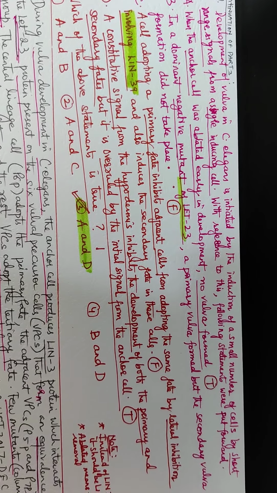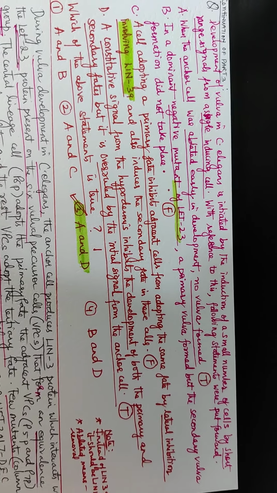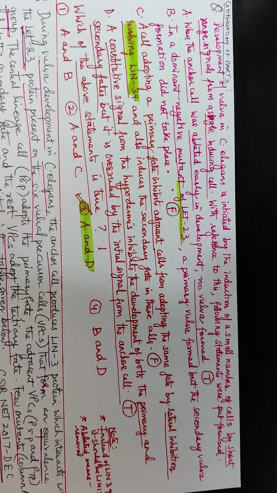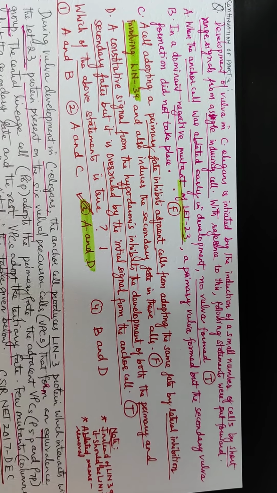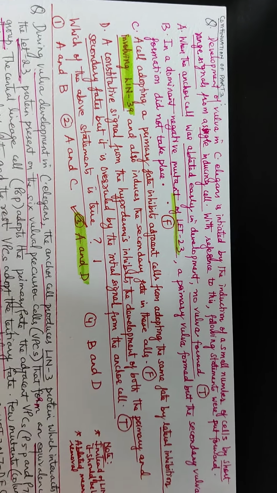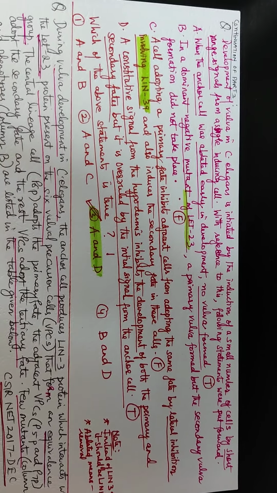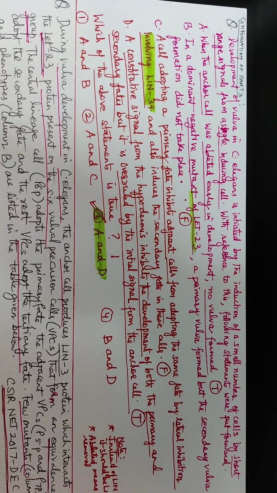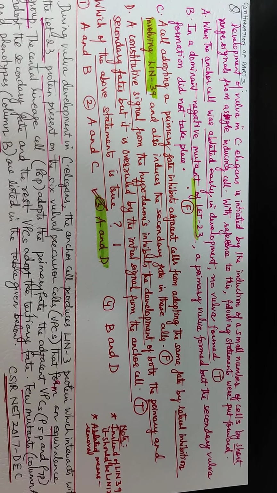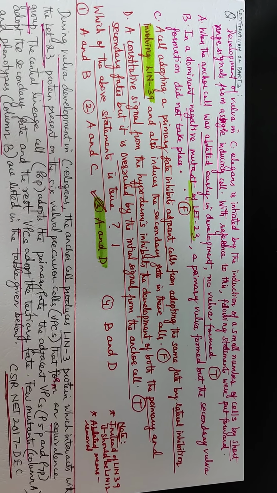elegans is initiated by the induction of a small number of cells by a short signal from a single inducing cell. With reference to this, the following statements were put forward. Statement 1 (A): When the anchor cell was ablated early in the development, no vulva formed. B part: In a dominant negative mutant of Let23, a primary vulva formed, but the secondary vulva formation did